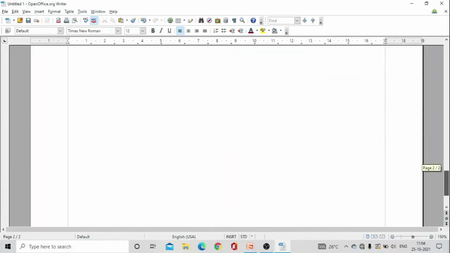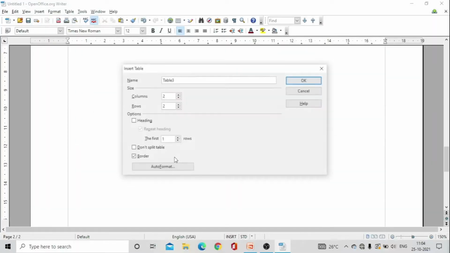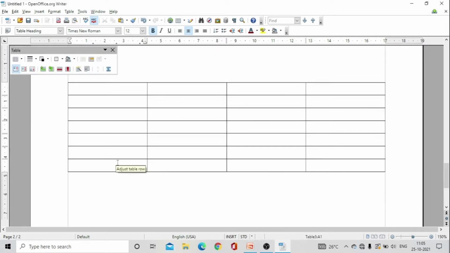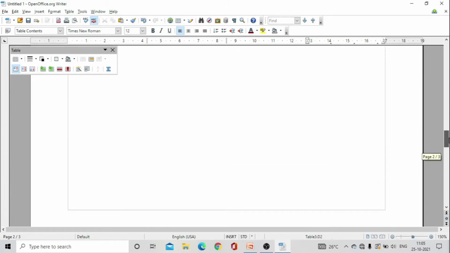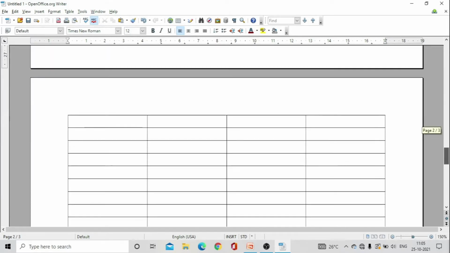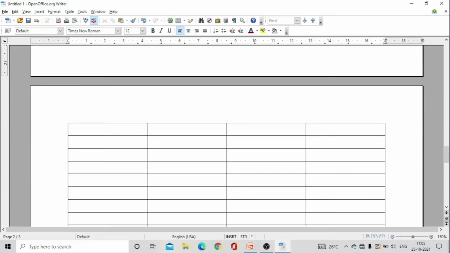So we can go for a new page here, and at the end of the page, use a shortcut key, that is Ctrl+F. Now here we have to insert a table. Go for more columns now. We can go for 4 columns and 5-6 rows. Now I do not want to spread the table and I want a heading for 1 row. It is perfectly fine. So now as you can see, if I add rows for this, from here I can insert the rows, and if I insert more rows, yes, it will locate the table completely on the next page. Yes, as you can see, at the end we started, but here we are getting it on a new page because we have selected the option don't split table.